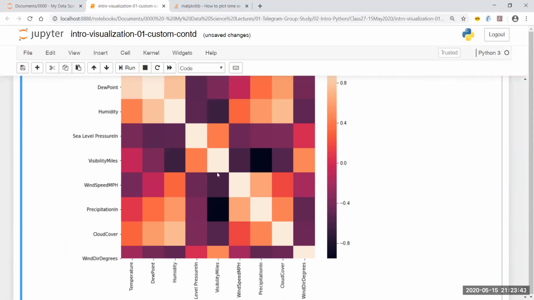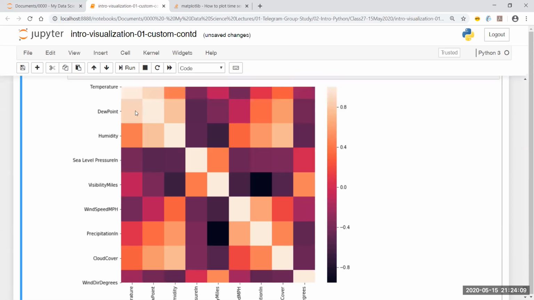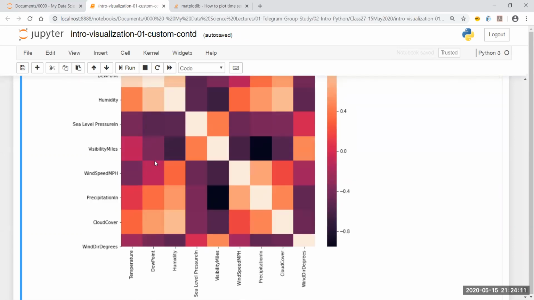You can take the diagonal and take any side. Take the left hand side of the diagonal or the right hand side of the diagonal. You get a mirror image actually. So you can take any one side and look into the values, and then you can clearly see which one is highly correlated and which one is not so highly correlated, only by looking at the shade of the color. And this clearly tells you, example given, that there is a good correlation between humidity and cloud cover, whereas there is a very strong correlation between humidity and dew point, because its color is even lighter than that.